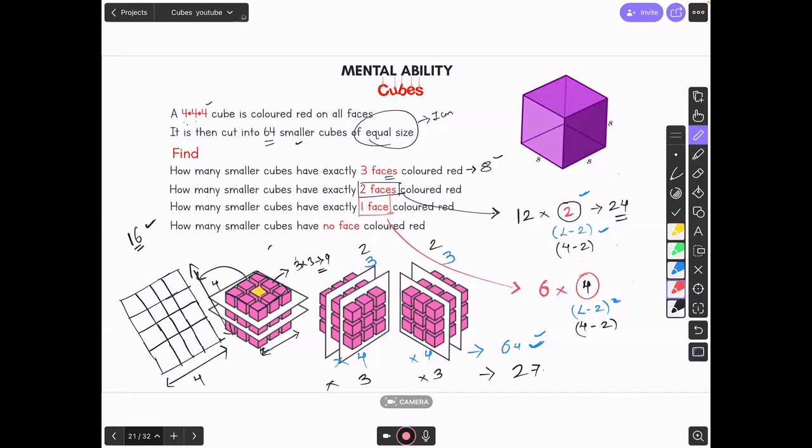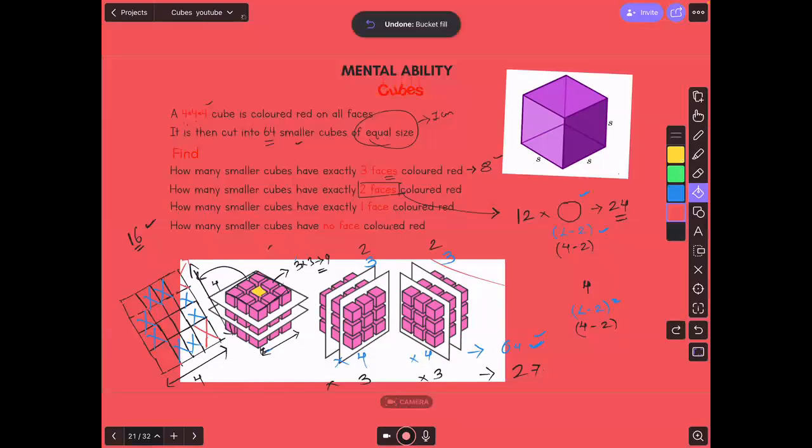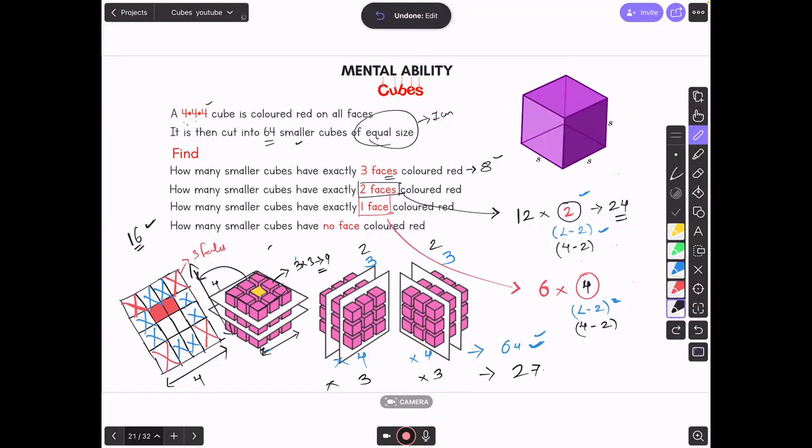Now out of this 16, I will take out the corner ones. Can anyone tell me why am I taking out these corner cubes? Because they are 3 faces colored red. I need the one-face ones. Then I take out the edges. Why am I taking out edges? Because they are 2 faces colored red. What I need is one face colored red. So I removed the boundary from the face. How many are left which are purely on the face? 1, then 2. Let me draw it. As you can clearly see here, this 4 cube.